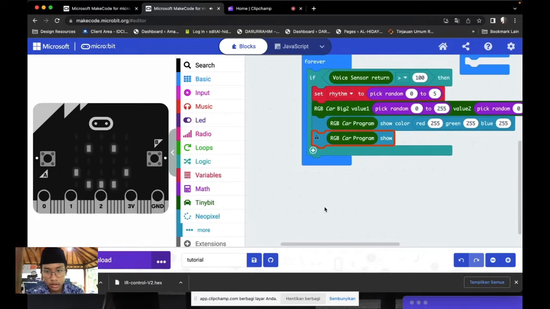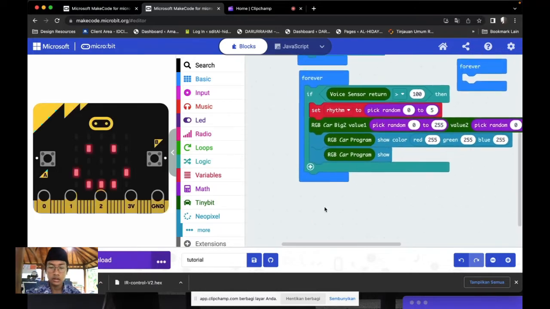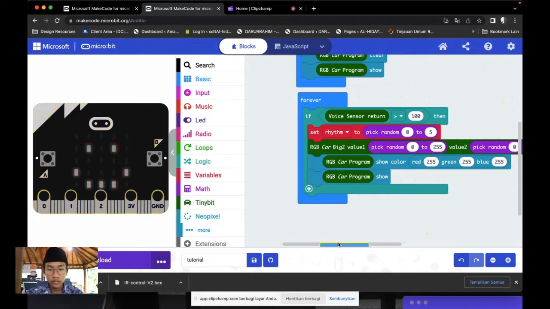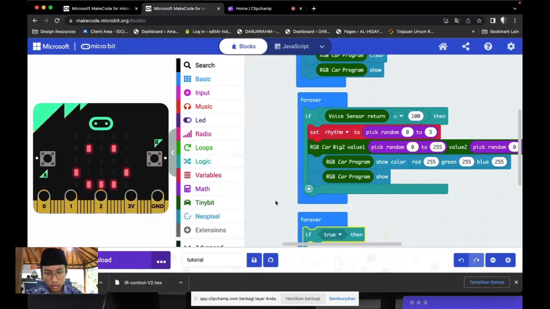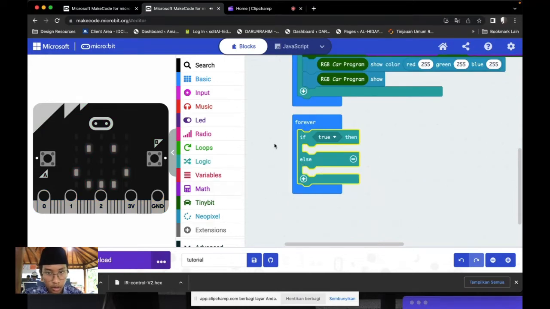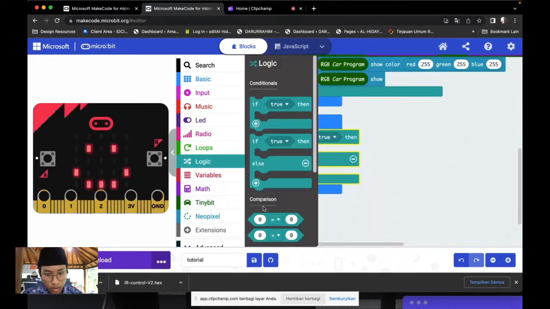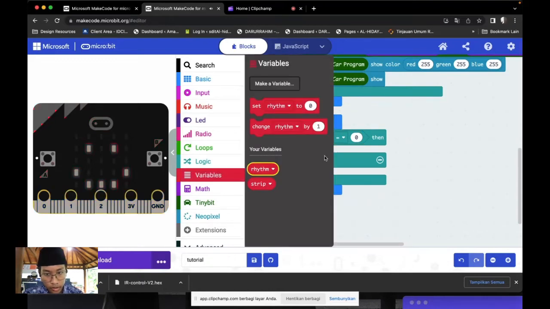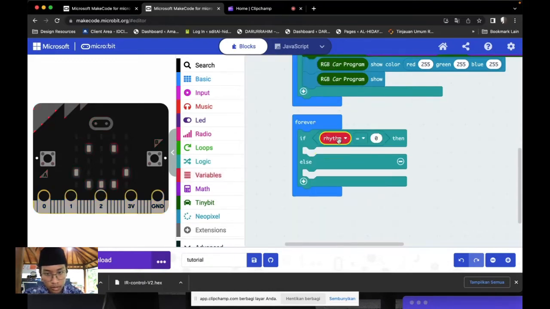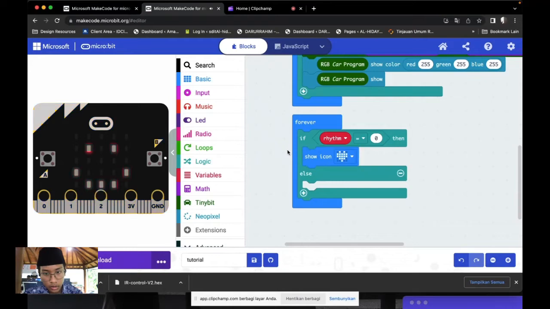And after that, put forever in here, and click logic, and if true, you can up this, and click logic again, and you can end up this, and you will end up variable rhythm from 0 and basic is log. And after that,